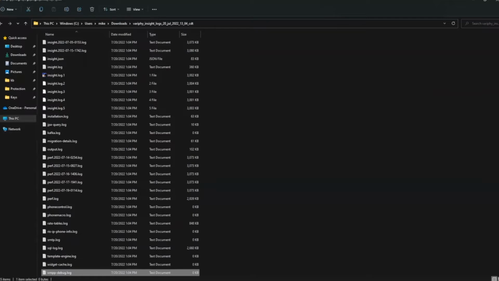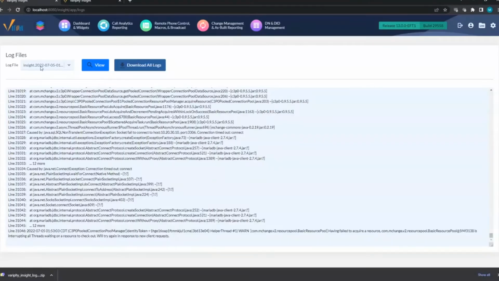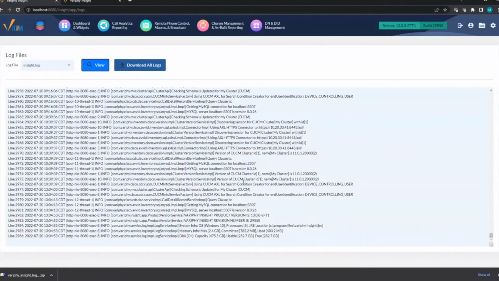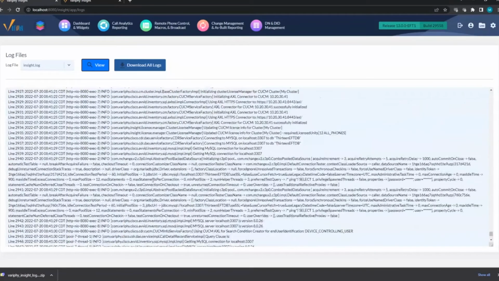So what to look for, how to find it, where to go. If you're about to dig through the logs, you're probably looking for an issue or an error. So a couple different ways you can search the logs. One, from the interface here, pick the log you want to see. Go for the current log, view it, and then you can scroll through it. I always start at the bottom and scroll up. All of this is just normal.